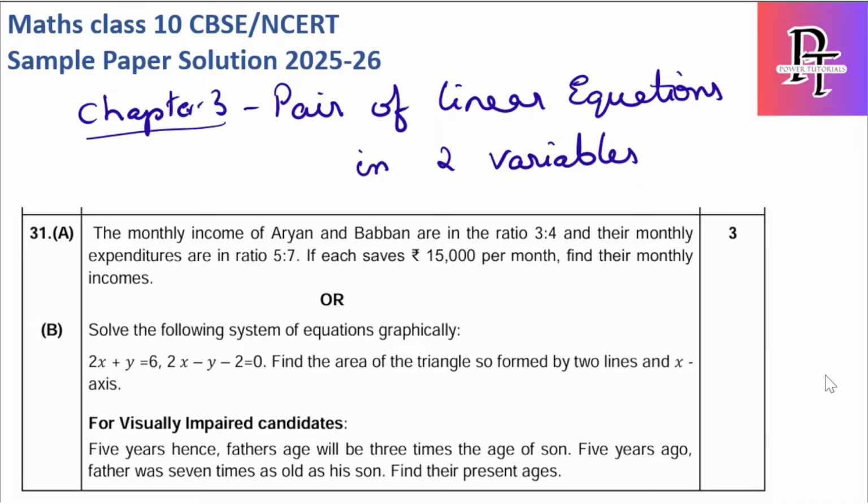Okay, hope you're able to see the question properly. So 31, A part: the monthly incomes of Aryan and Babban are in the ratio 3:4 and their monthly expenditures are in the ratio 5:7. If each saves 15,000 per month, find their monthly incomes. Okay, so before that,